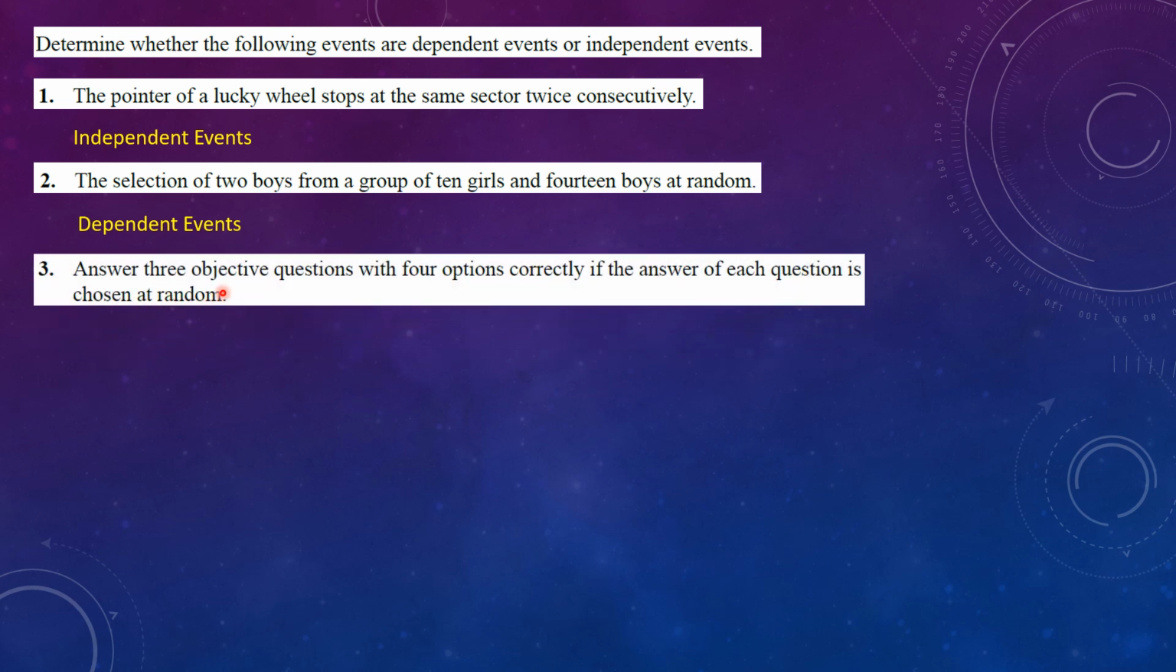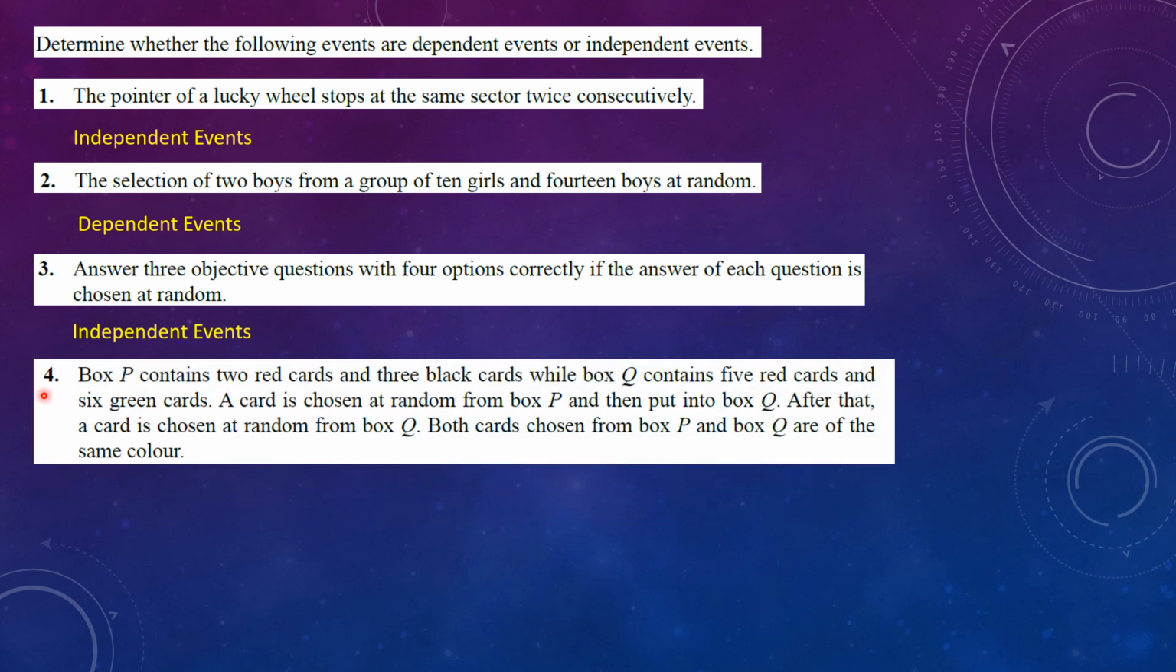Number 3, answer 3 objective questions with 4 options correctly if the answer of each question is chosen at random. So this is like the questions in your Paper 1 Mathematics. So you have 4 options. You can choose any of the options and it doesn't depend. So this is independent events. That means you can choose any one of the answers. So if you already choose one of the answers, maybe you can choose other answers also. So this is not